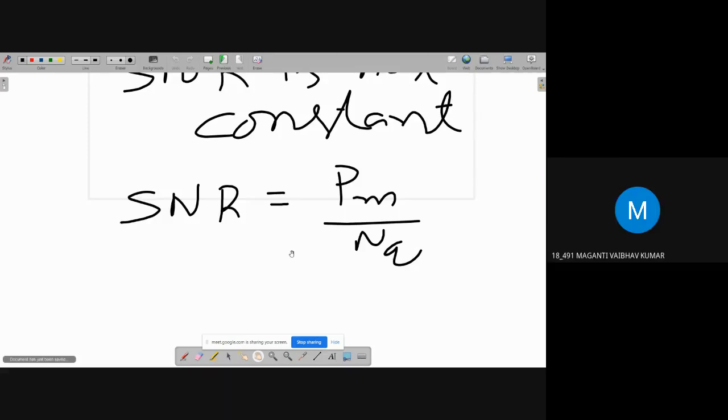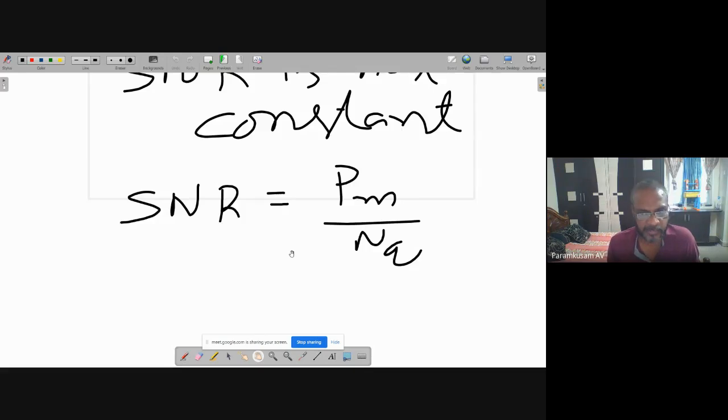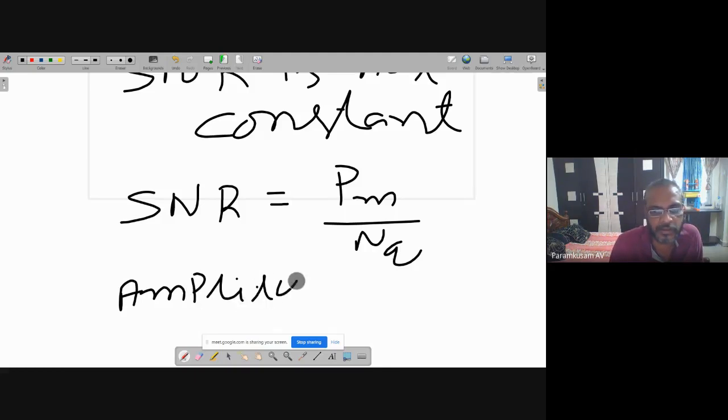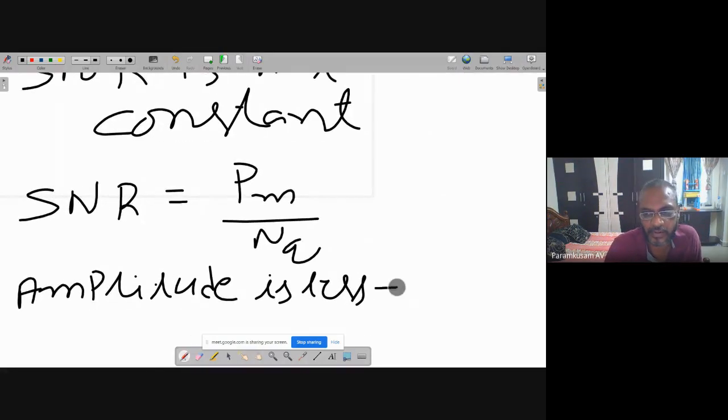ఓకే, ఇప్పుడు మీరు లాజిక్ గా నాకు ఒక ఆన్సర్ చెప్పాలి. అదేంటంటే నాకు సిగ్నల్ యాంప్లిట్యూడ్ తక్కువ ఉన్నప్పుడైనా ఎక్కువ ఉన్నప్పుడైనా SNR కాన్స్టెంట్ గా ఉండాలి. కాబట్టి NQ వాల్యూ ఏ విధంగా ఉంటే SNR వాల్యూ ఫిక్స్డ్ గా ఉంటుంది. ఇప్పుడు సిగ్నల్ యాంప్లిట్యూడ్ తక్కువ ఉంది. యాంప్లిట్యూడ్ ఈస్ లెస్. యాంప్లిట్యూడ్ లెస్ ఉండేటప్పుడు PM లెస్ కదా. డౌన్ యారో ఇండికేట్స్ లెస్ అనుకోండి కదా.